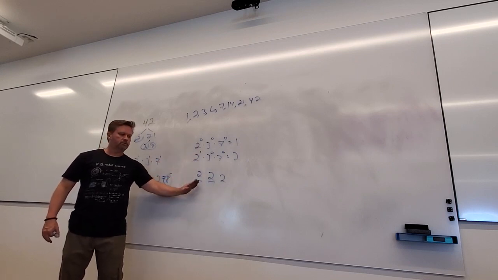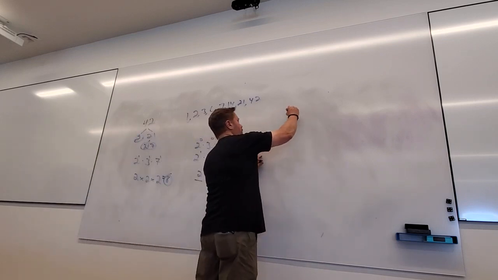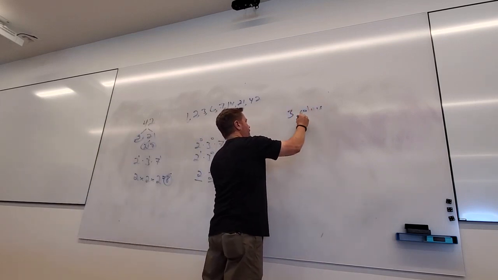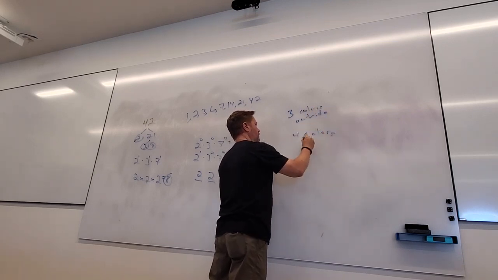So how many total options? 2 times 2 times 2. Sort of like, real quick, if I had 3 colors for the outside of a car, and 4 colors for the inside of a car,